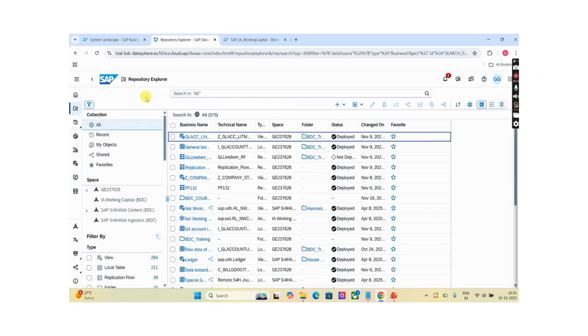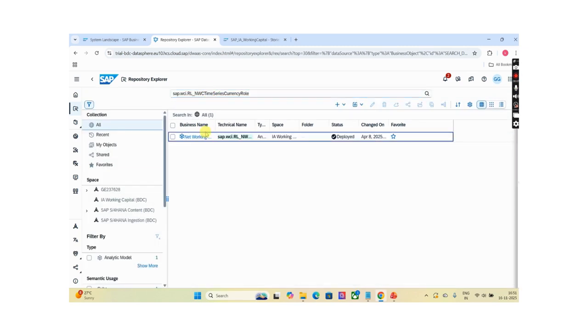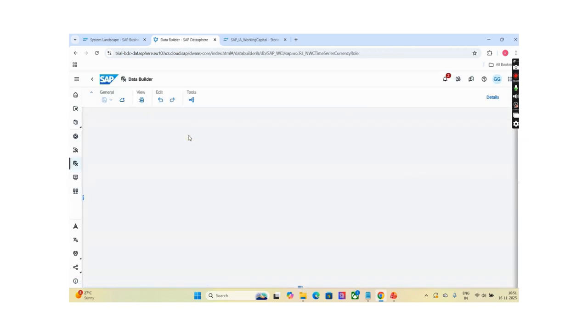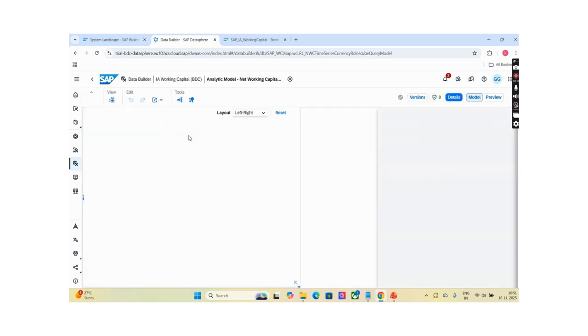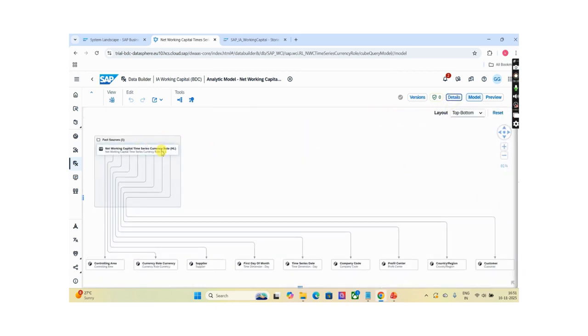Go to repository explorer, search for this model. This is the analytical model. For this analytical model, this view is used.